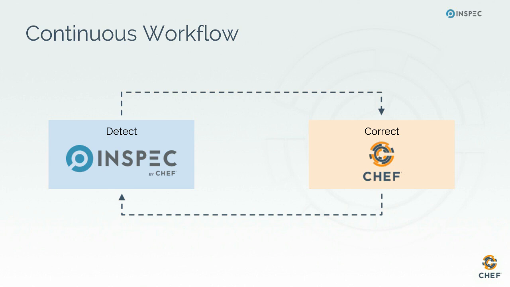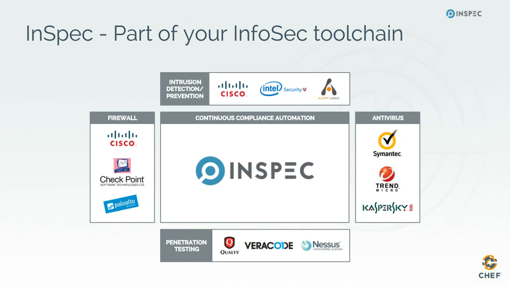And one thing we need to make clear here is that InSpec is not a substitute for your antivirus tools or your penetration testing tools or firewall or intrusion detection, any of those, right? What InSpec becomes is part of your InfoSec toolchain. With that, it allows you to maintain a repository of your compliance controls that really matter to you as an organization, and then use those controls to continuously scan your existing production-grade systems, as well as be part of your test in your continuous delivery pipeline.